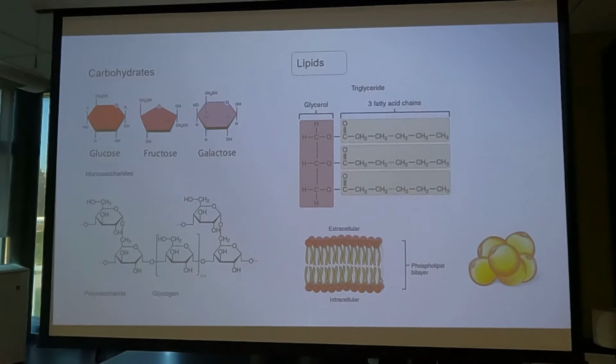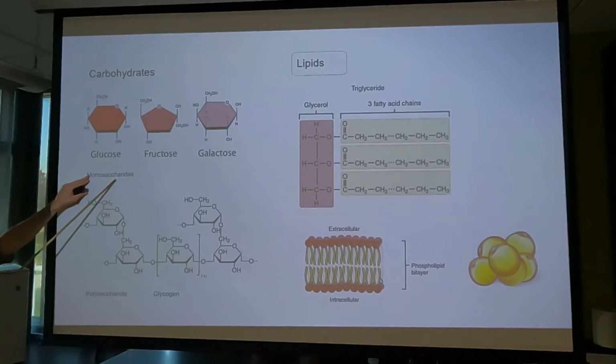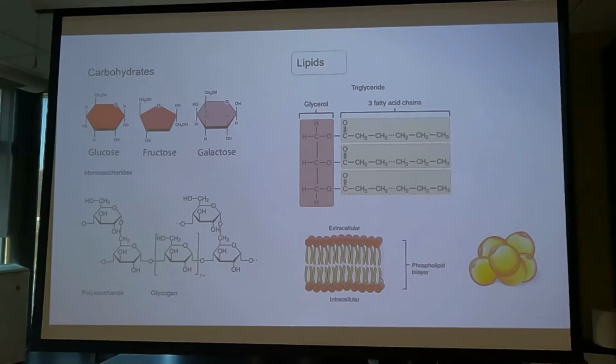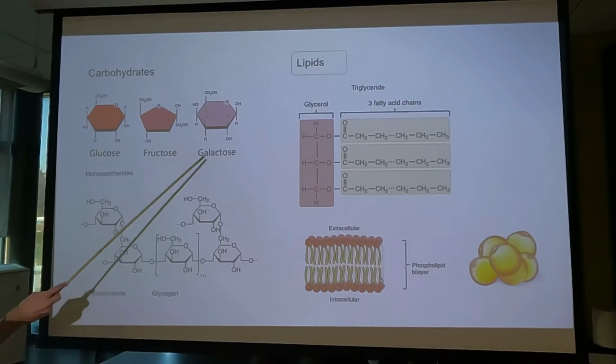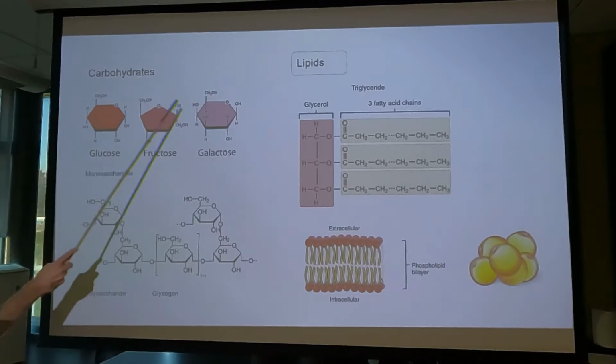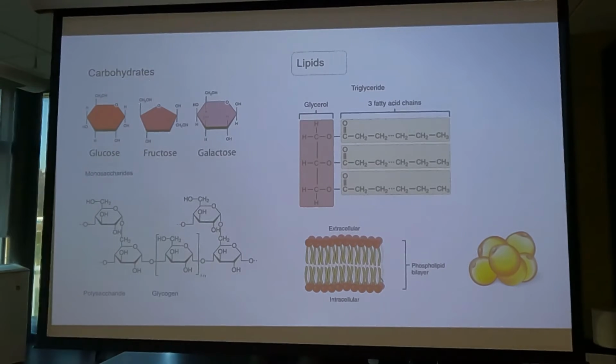What about carbohydrates? Carbohydrates are also polymers, and the individual units are monosaccharides. Glucose, fructose, galactose. Which one of these monosaccharides is the most important with regards to human physiology? Glucose. It's our primary source of sugar. The brain is highly dependent on glucose. One of the main reasons you need your blood sugar to be stable is that the brain is constantly using glucose. So you need that constant supply in the blood.